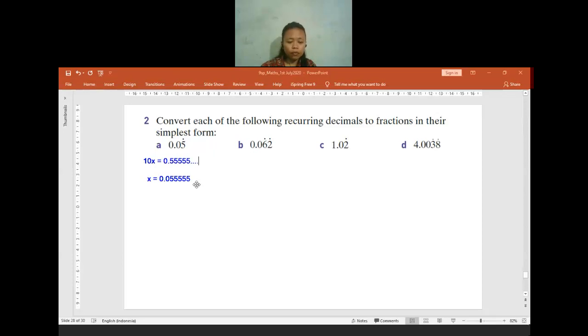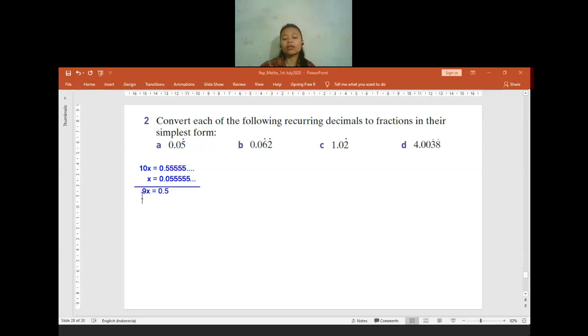Is there anyone who is confused so far before I continue? No? Okay. If no one is confused, how many x will there be? 9x will be equal to how many? 0.5. It's not okay to combine decimal and fraction, so we can multiply each side by